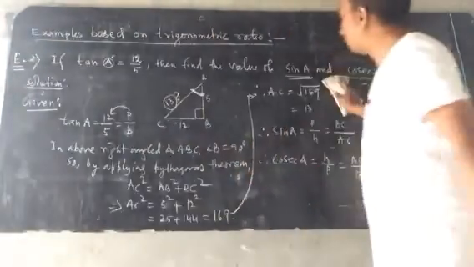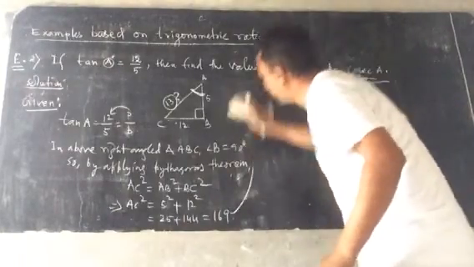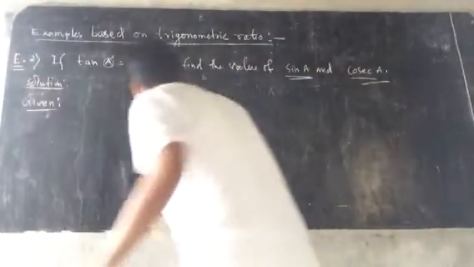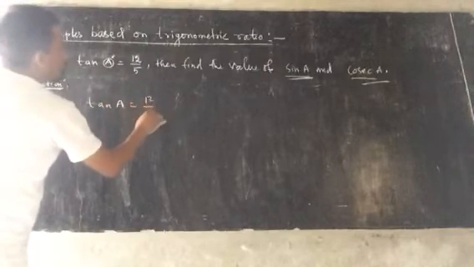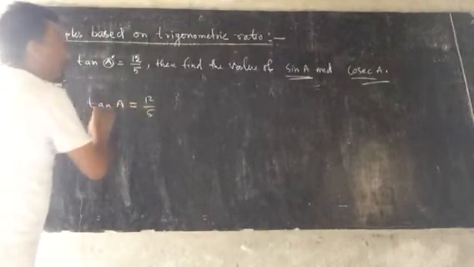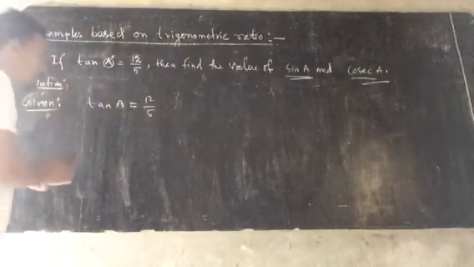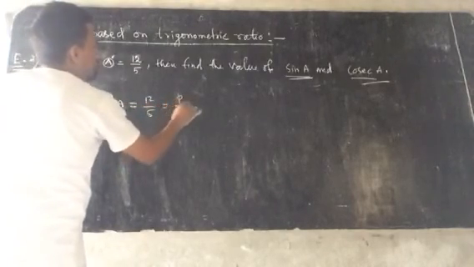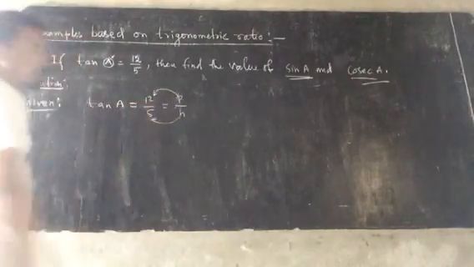The same question can be solved in another method also. You may pause the video and note it down. Another method is also there, a very simple and shortcut method. If a ratio like tan A equal to 12 by 5 is given, without drawing any right angle triangle, you can solve it. How can it be solved? The formula of tan is P by B, so this is the value of P and this is the value of B. P is for perpendicular.